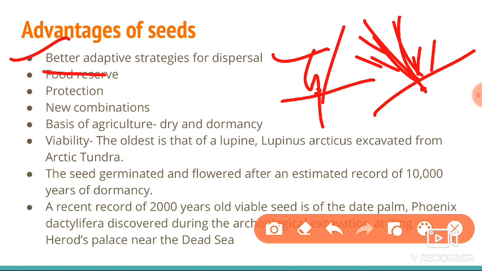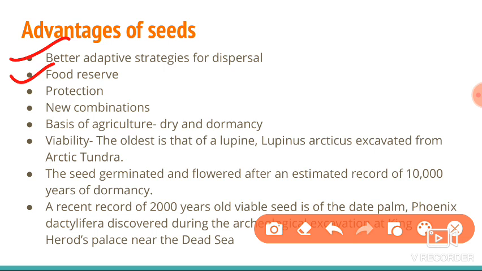So these are better adaptive strategies for dispersal. This is very important for the species. They can grow in any other areas. That is very important. Okay, next to this is